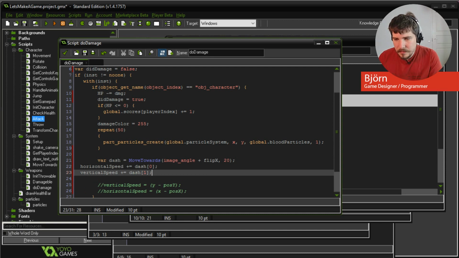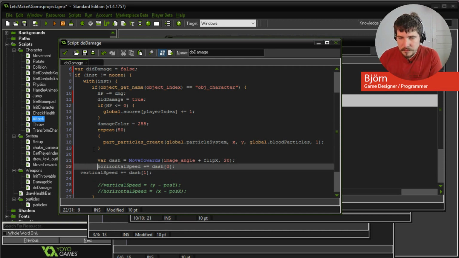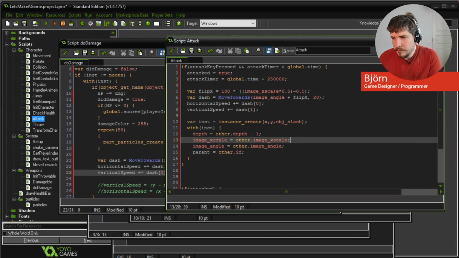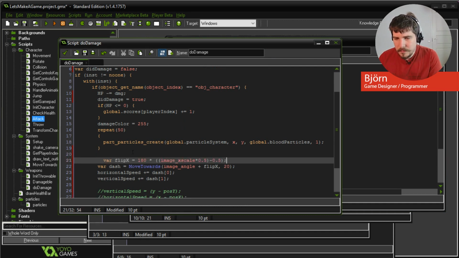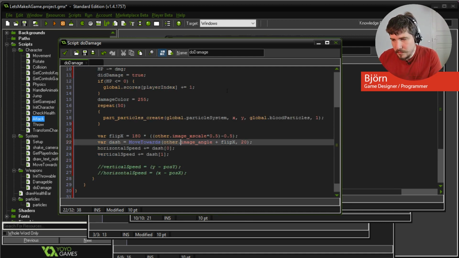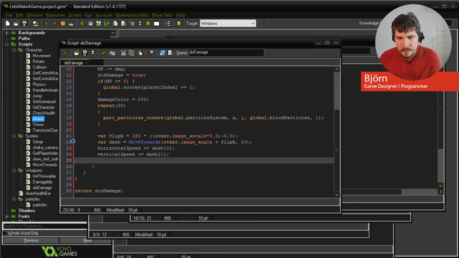We need this. And then we need this var flip x. But this time we need to do the other object's image scale. And here. Let's try this. Basically